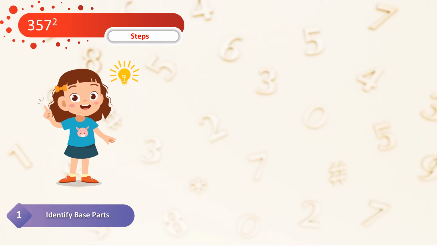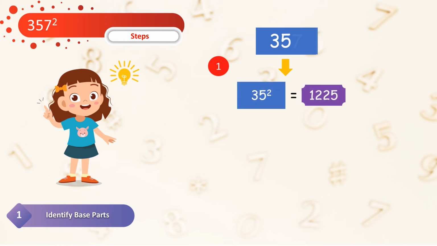First step is to identify the two parts, similar to what we did in the previous case. Take the number 357, ignore the number 7 for now, and you have to find the square of 35. Finding the square of 35 is easy. Again, as per our episode 1, 35 square is 1225. You can just write the answer straight away. If you know the trick, 3 times 4 is 12. Put a 25 to the end, 1225.